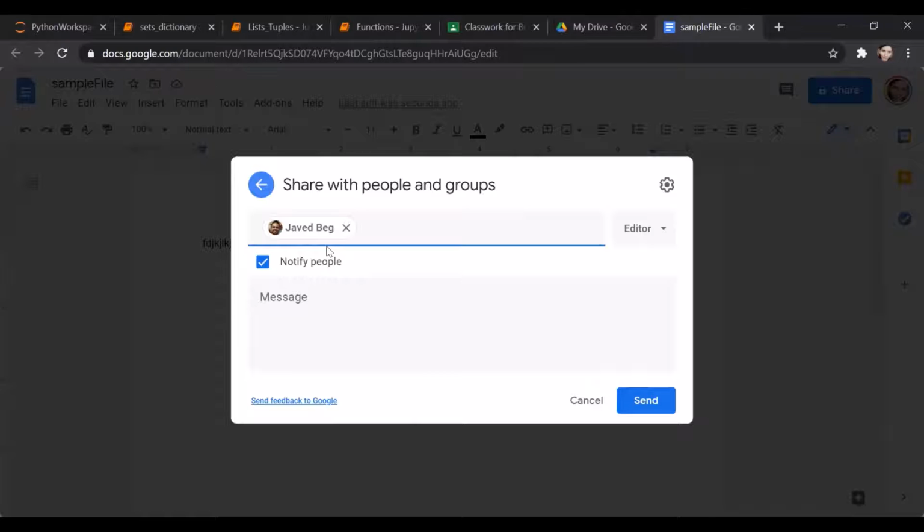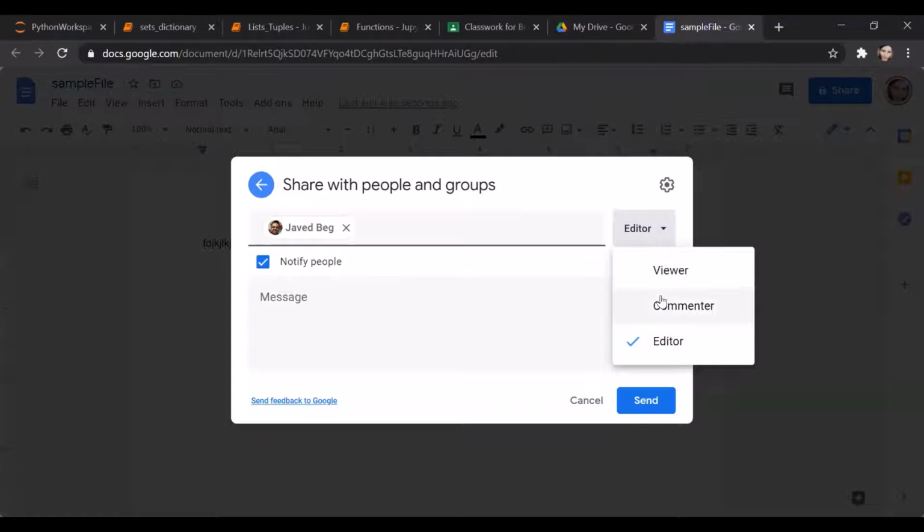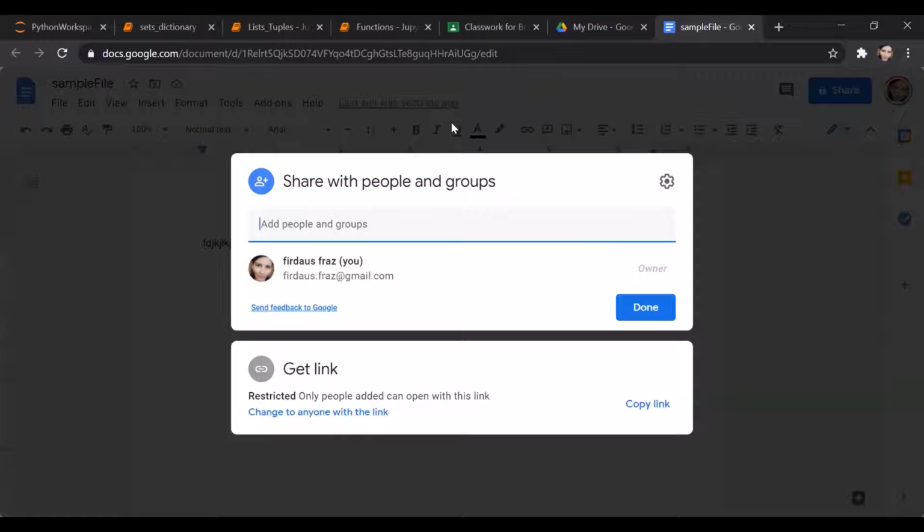That data is being stored somewhere, on the cloud. Now I'm sharing it with people. I have specified the email IDs here. Here you have this option of what kind of access you want these people to have, whether they can just view, or also edit, or comment on it. So you have different types of access. Your question is good, but it's more complex to actually implement it.